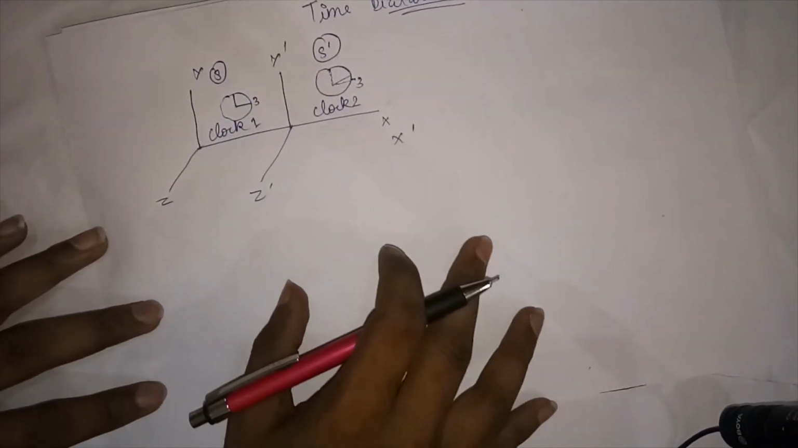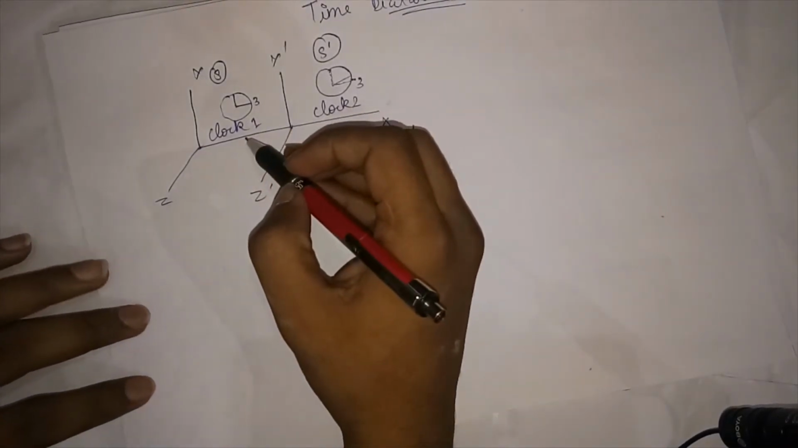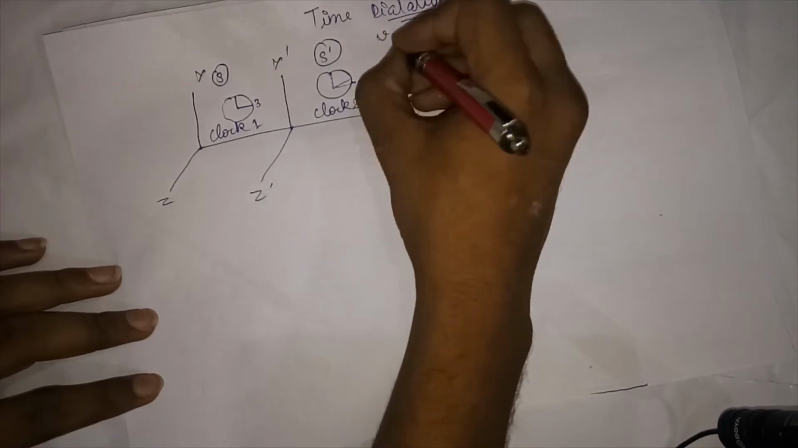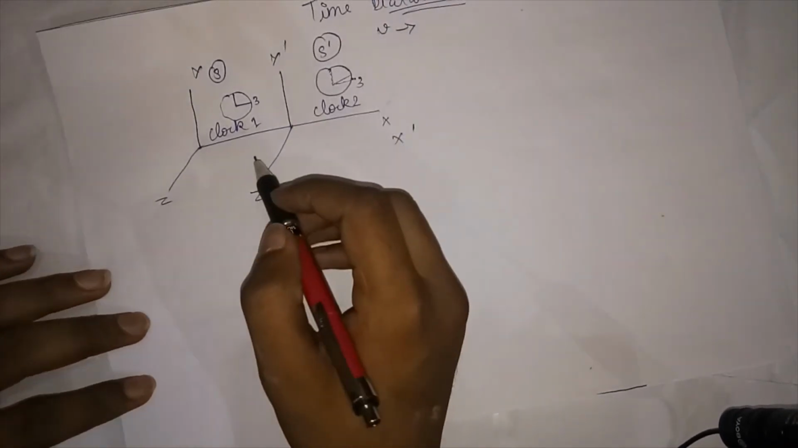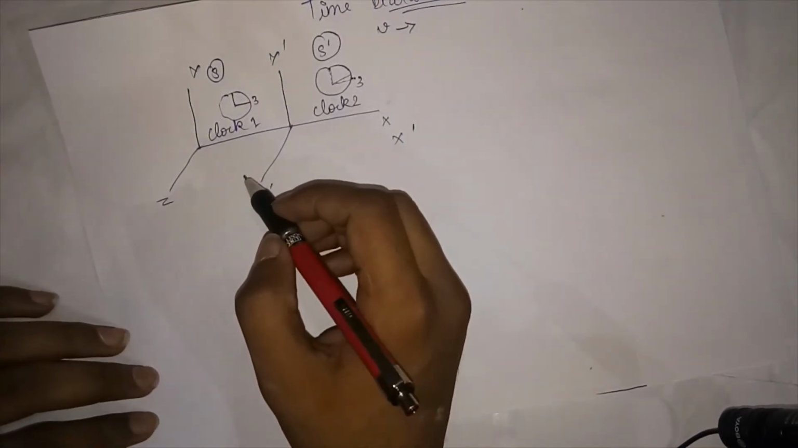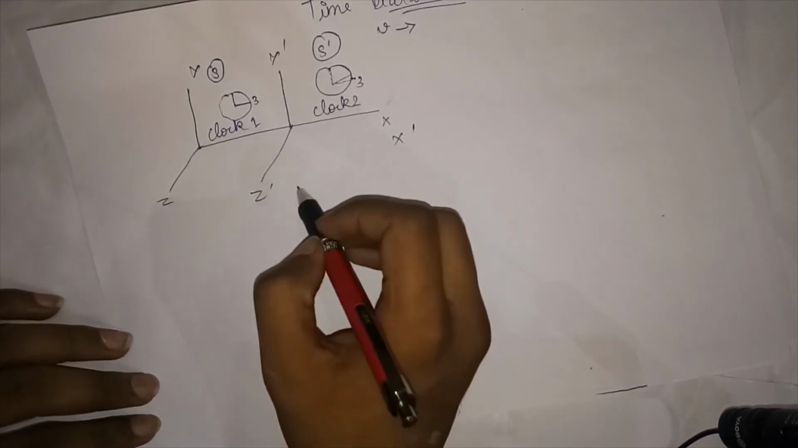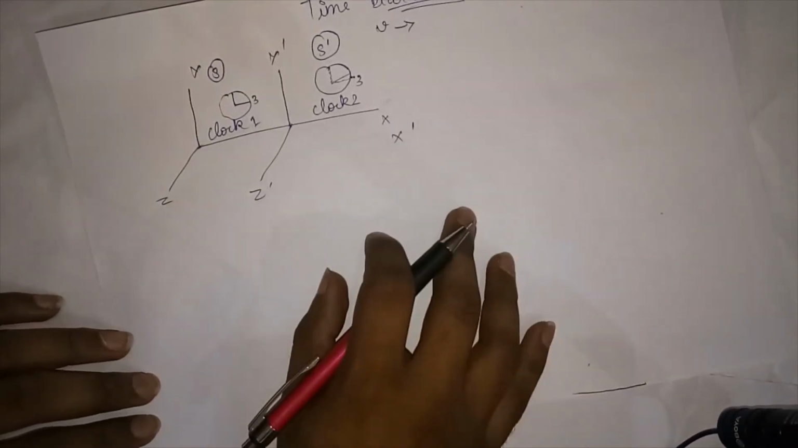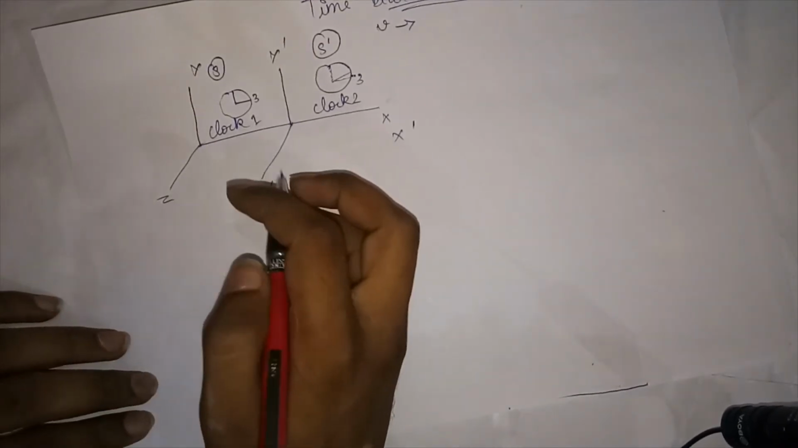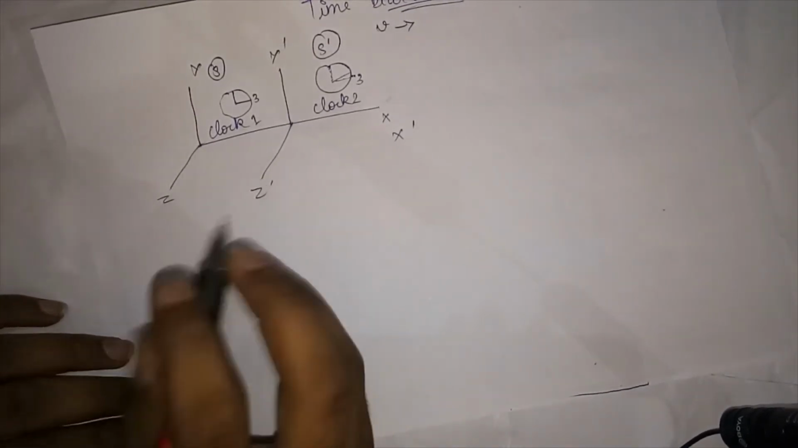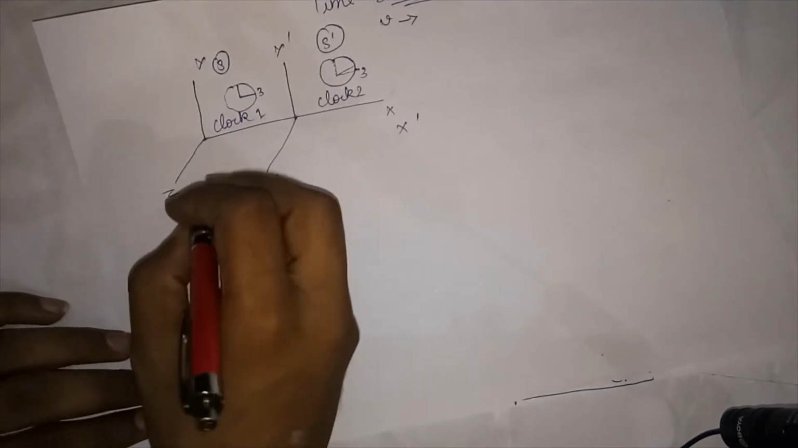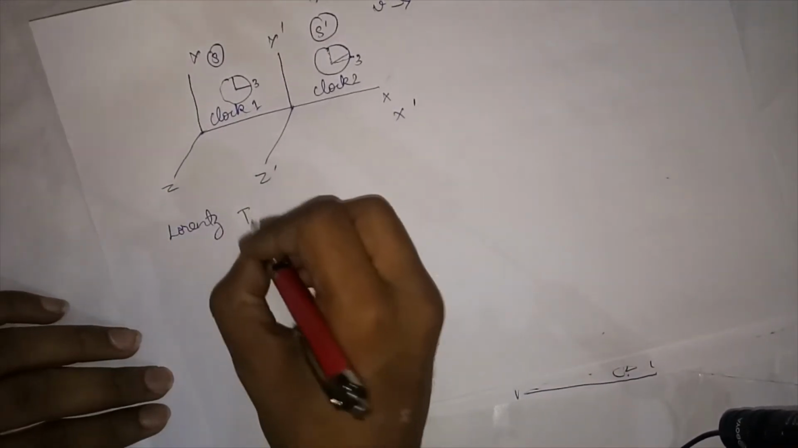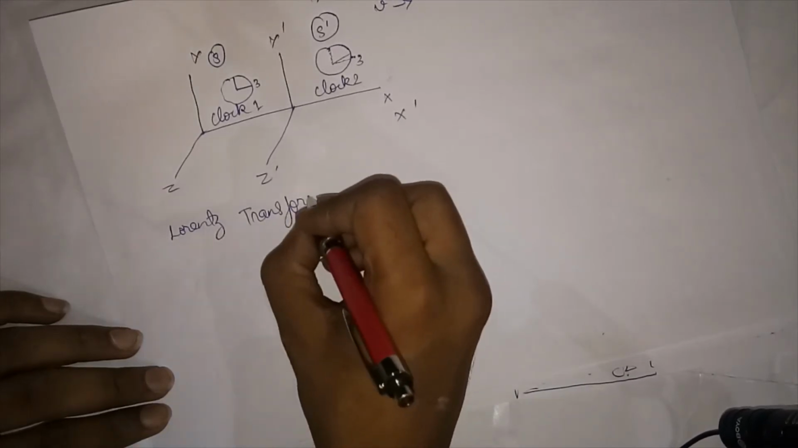So let me brief you on this. A clock moving with uniform velocity v relative to an observer appears to him to go slow by a factor of under root 1 minus v square by c square, compared to when it rests relative to him. This effect is called time dilation. Now on applying the Lorentz transformation